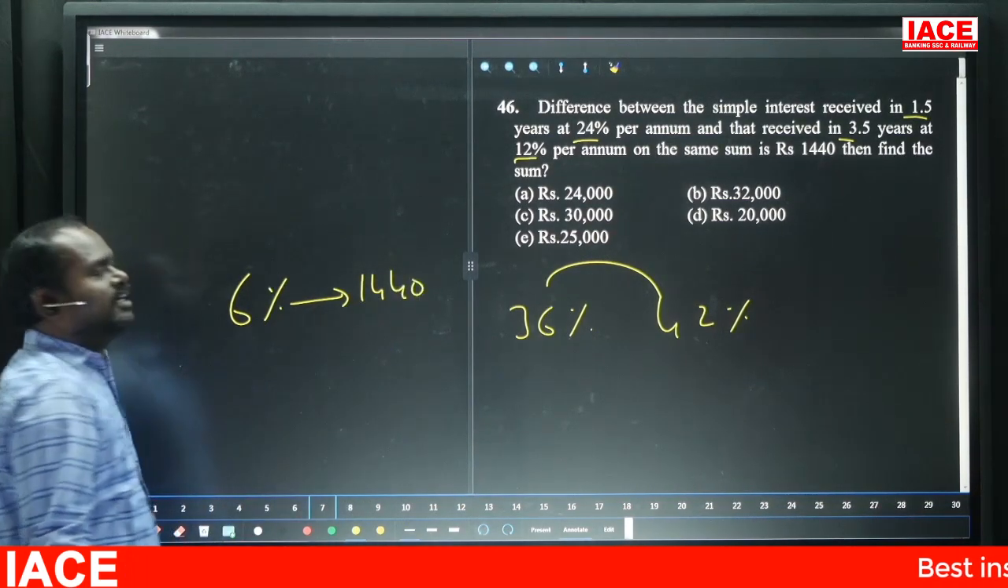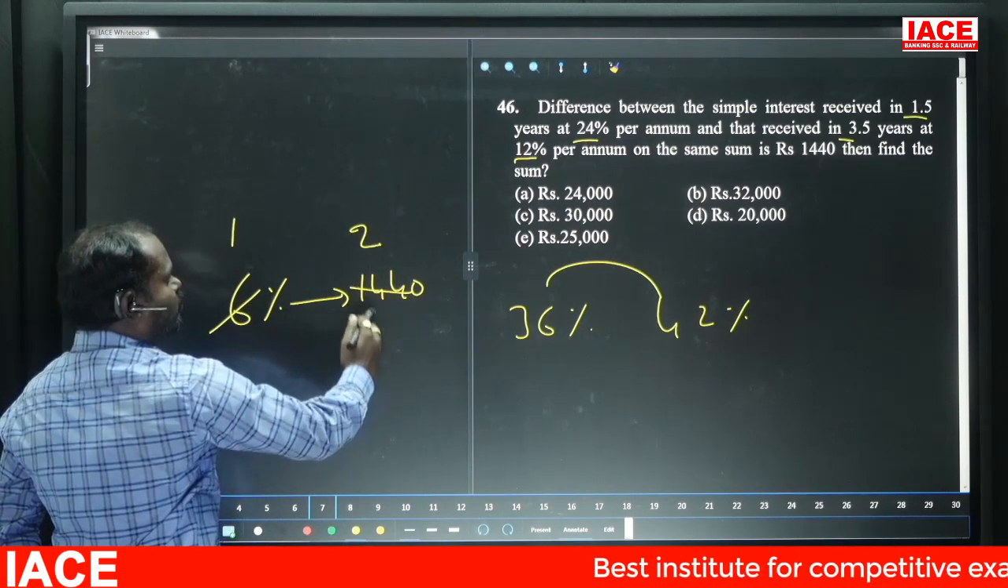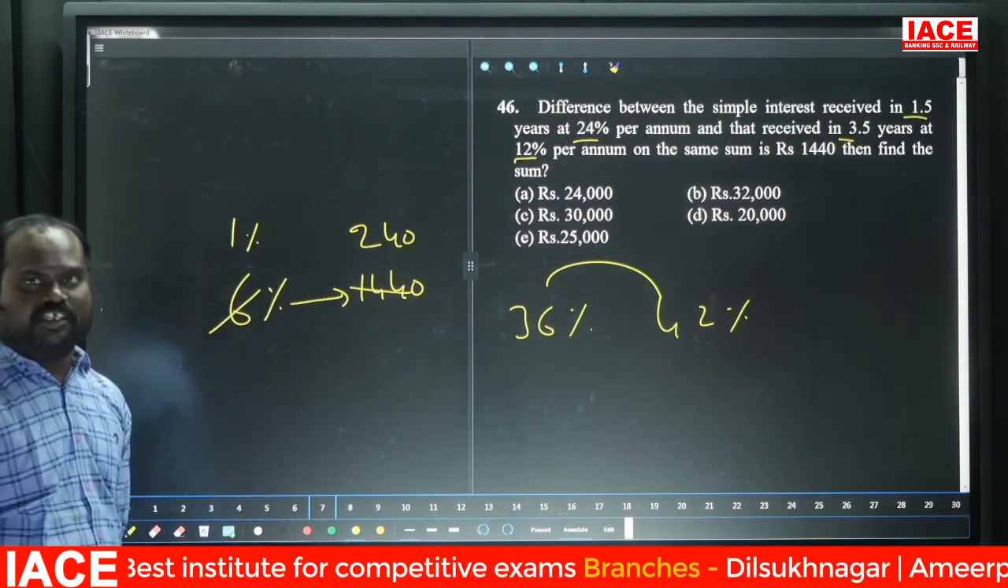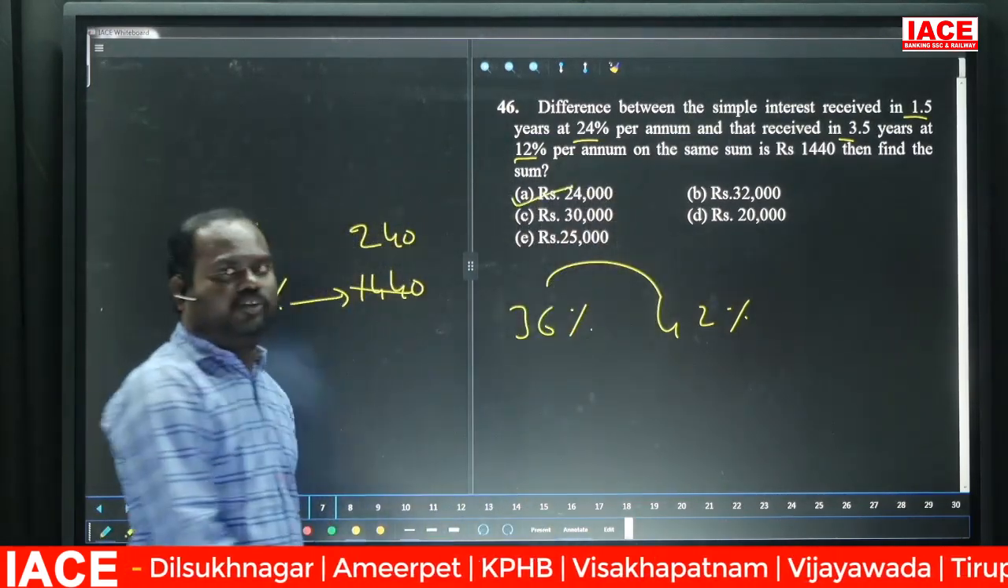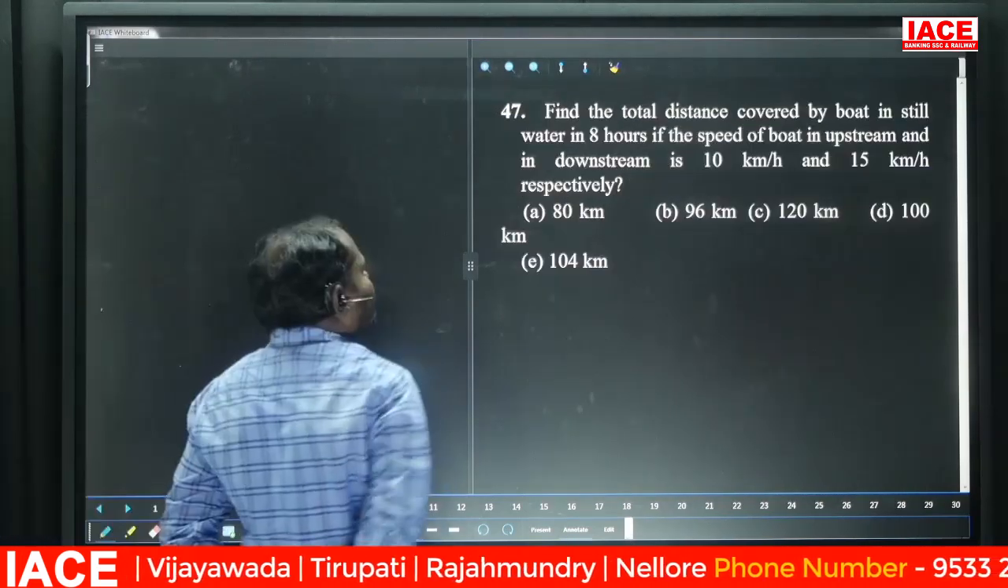The 6% is equal to 1440. The question is asking for the principal. What is 1%? 6 ones are 6, 6 twos are 12, so 1 percent is 240. 100 percent, which is the principal, is 24,000. Option A, 24,000. Next, find the